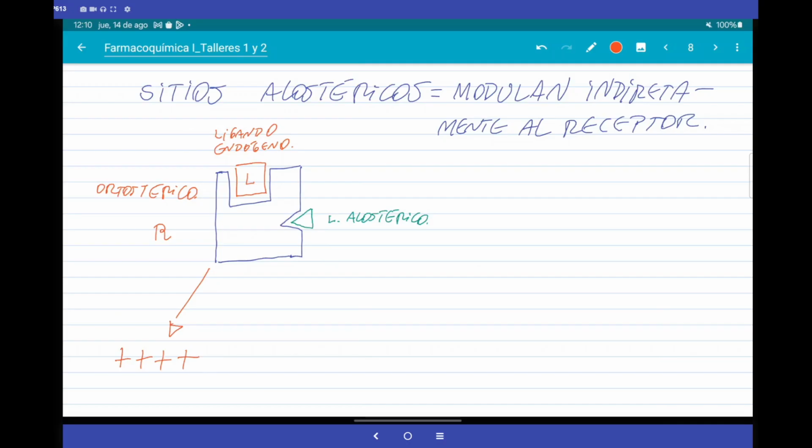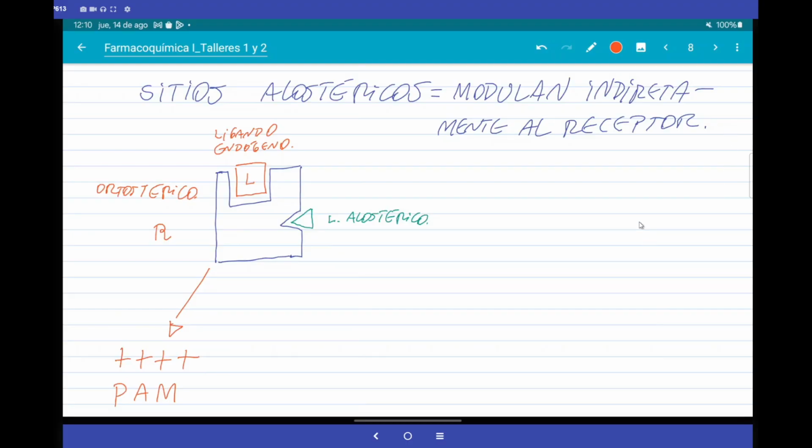In that case, we are going to say that the molecule is called, by its acronym in English, PAM, or positive allosteric modulator. Then what is the requirement? The requirement is that the endogenous ligand has to arrive. The allosteric ligand joins and strengthens the effect of the endogenous ligand. How it strengthens it, if that is a protein, which is a structure of amino acids.